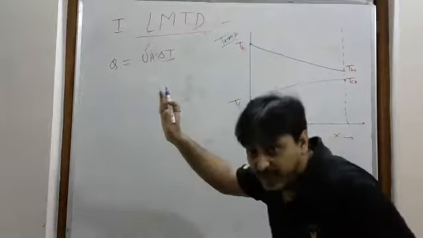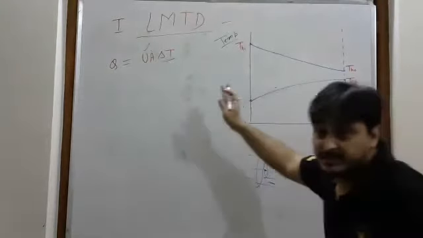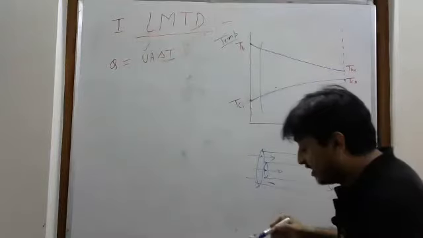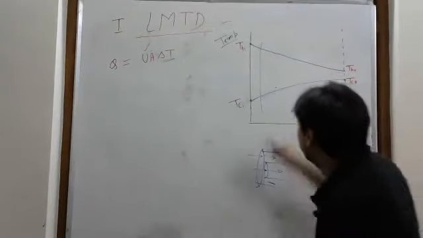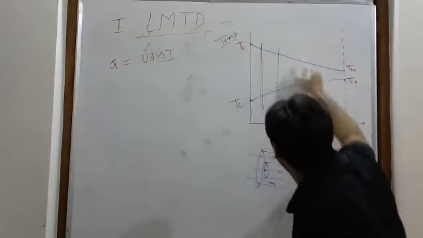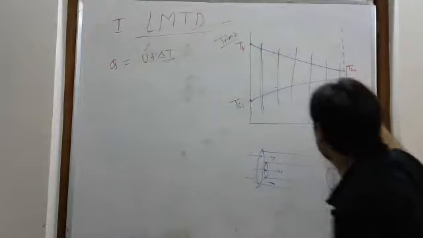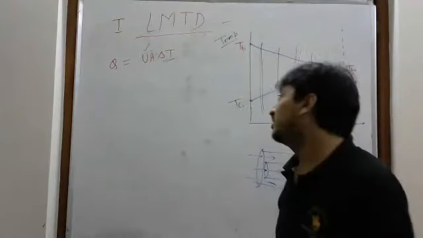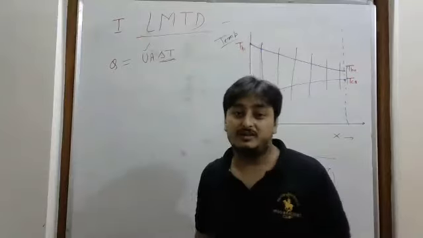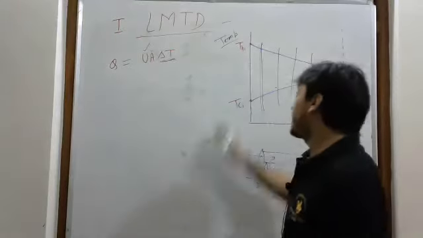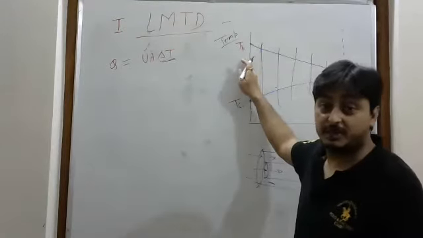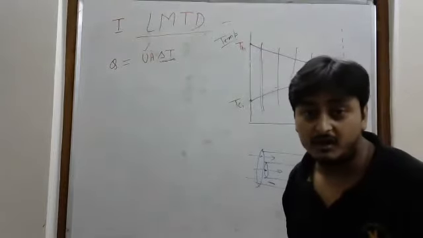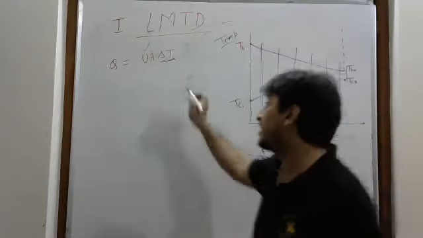Again at this point, what is it going to do? It is varying in this direction. If you see, the temperature difference is this value, this value, initially that much, then this one, then this one. In this direction, it is decreasing. But you need to find one value now. Then how will you find? You will not find the heat transfer at every location. You have applied UA del T, but del T should be